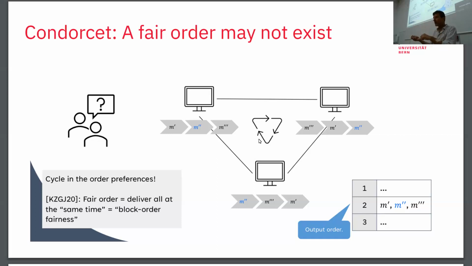If there is such a cycle, we have to just output them together. We have to output the C here in one basically position. We cannot say N prime was before N double prime. We just have to say they're all the same, and so defer the problem to the application. Tell the application, you deal with it. If they happen to be doing something bad or conflicting, then you might as well pay attention.